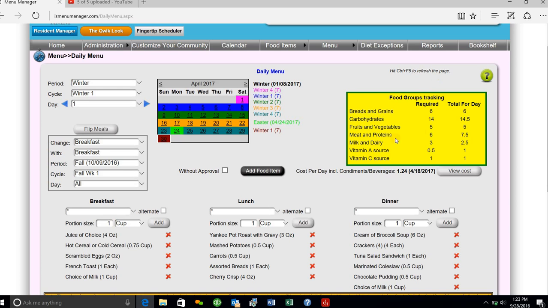Over to your right is a scoreboard. It's the food group tracking. This is based off of your diet manual and is used to help you make good decisions and well-balanced decisions in your menu planning. You could see on this day, we're required to have 6 breads and grains, 14 carbohydrates or around there, 5 fruits and vegetables, 6 meat and proteins, 3 milks, a vitamin A source, and a vitamin C source. So let's go ahead and take a look down here and look at the menu for the day